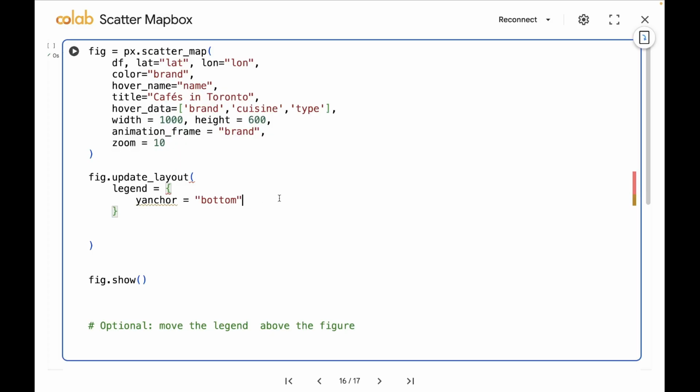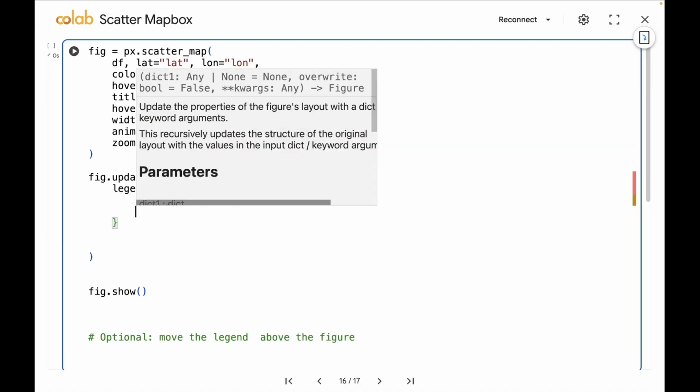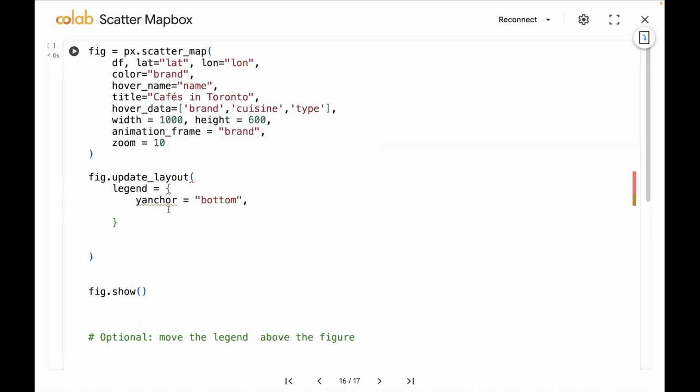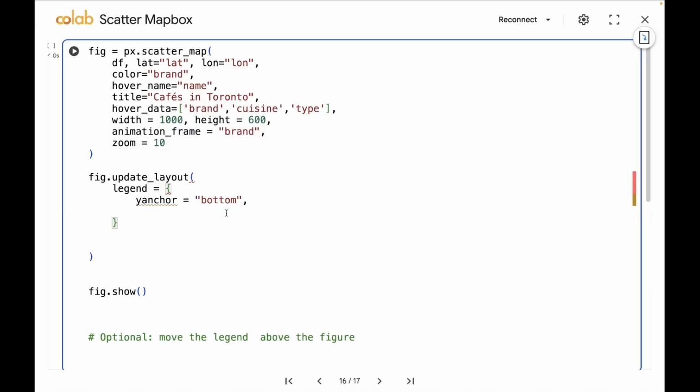So now I want to focus on the bottom of the legend part, and then I want to specify the location of the bottom of the legend box, the legend rectangular area. So let's focus on the bottom of the legend, and so that's why we said y anchor equal to bottom,